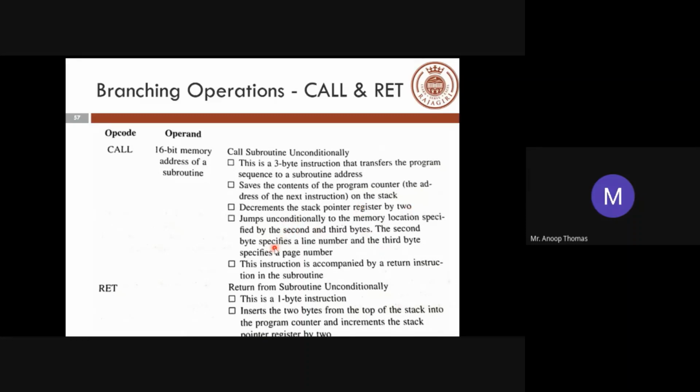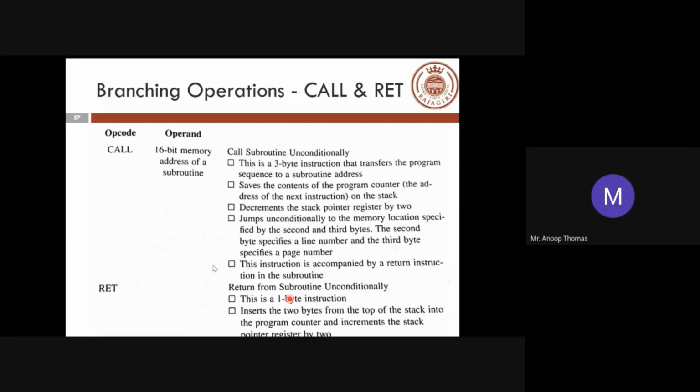The second byte specifies the line number and the third byte the page. This is basically the same thing associated with this, because this is coming into a memory. So memory concept they are specifying with respect to a paging concept. But do not worry about that. It basically means that this is an address of a subroutine which is written in some part of the memory. Okay. Once it goes into this particular call statement, it will start executing from this particular memory location, and then from there it will return once you have the RET statement. So call and RET is something which is associated with calling a subroutine and returning from a subroutine.